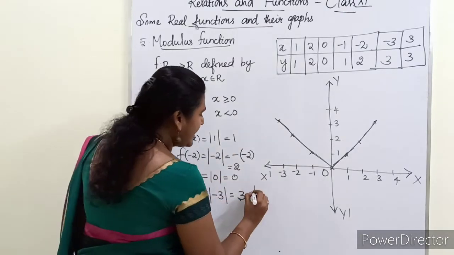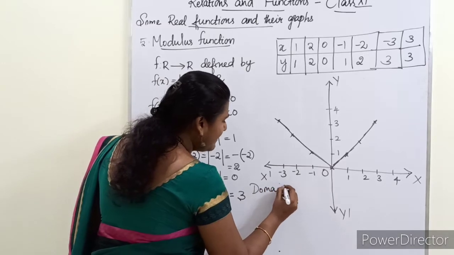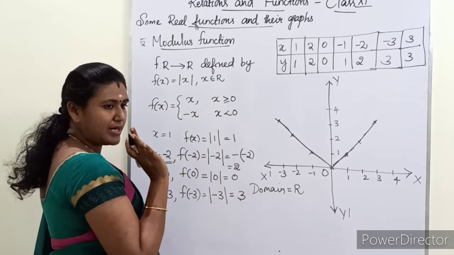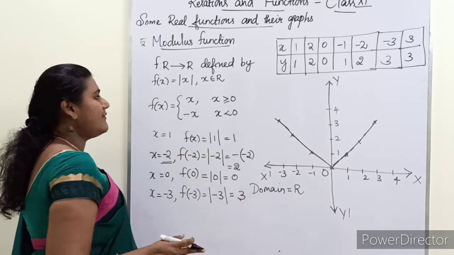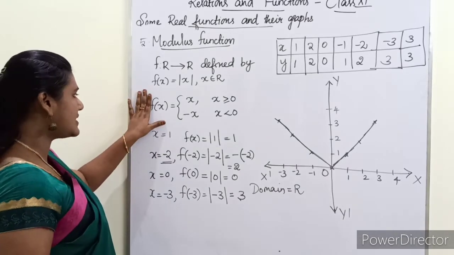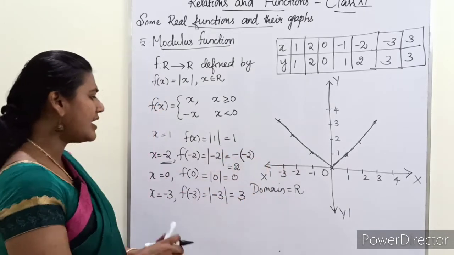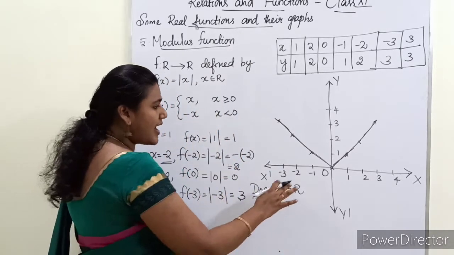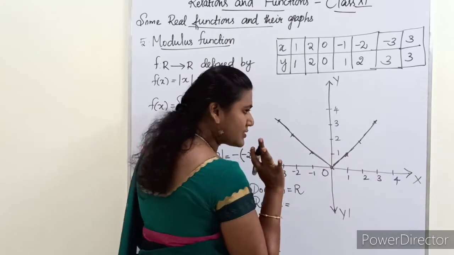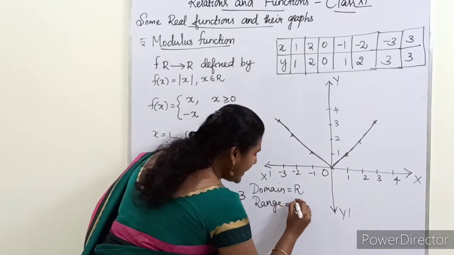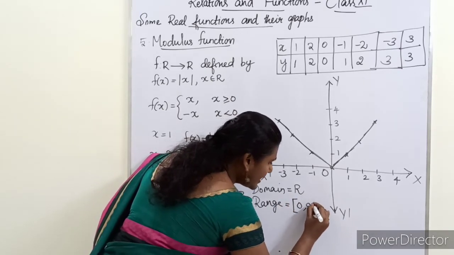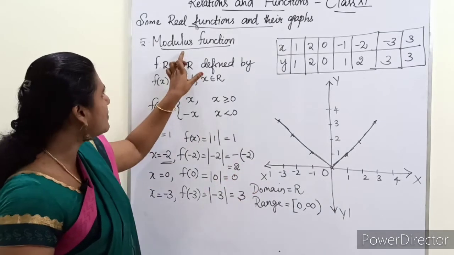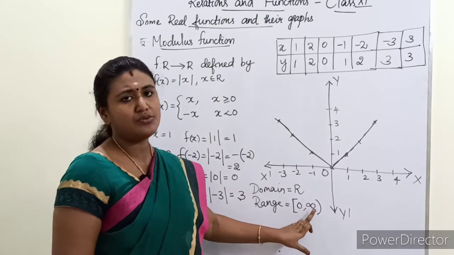Now what about domain and range? For the domain, we can take any value from R. Even if you take a decimal number, you will get a positive decimal number as the answer. So x can take any real number value; this function is defined for all of them, so the domain will be R. What about the range? Are you getting any negative number here? No. It starts from 0 and goes to any value in the positive direction of the number line. That is, positive values including 0, so the range of the modulus function will be from 0 to infinity.